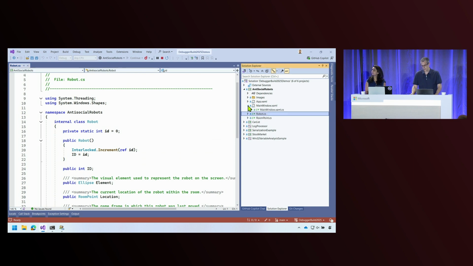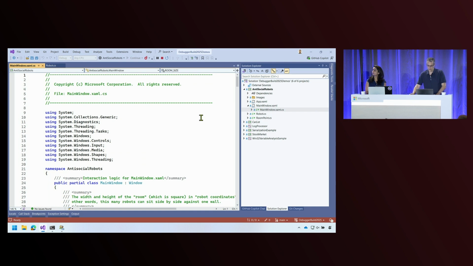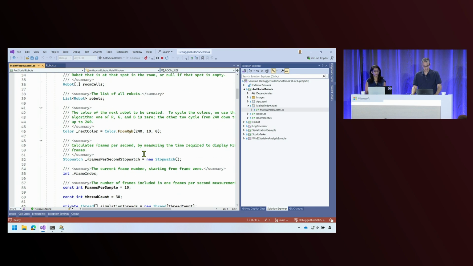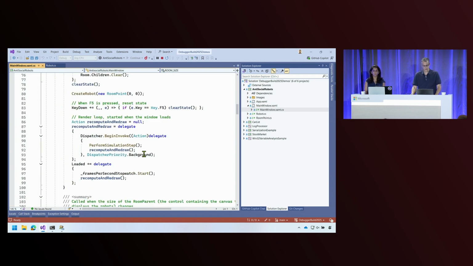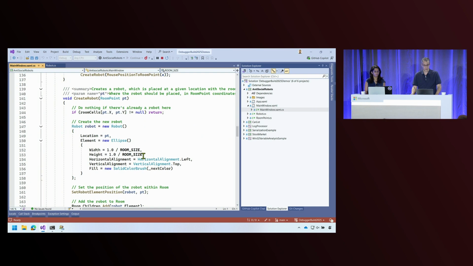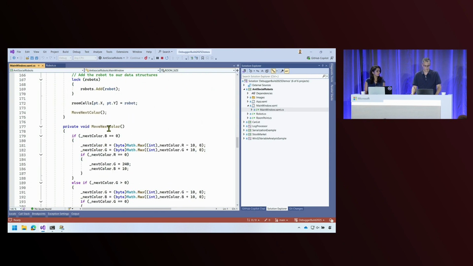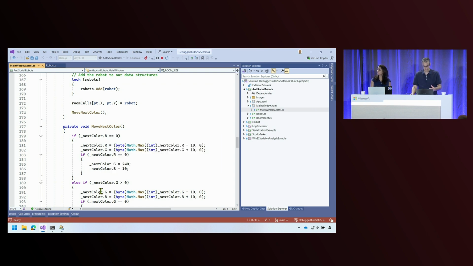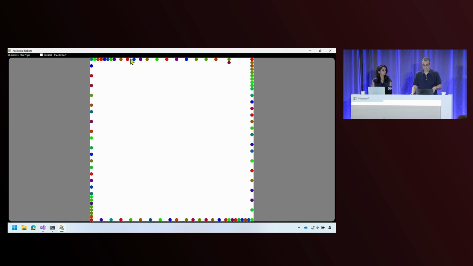For instance, let's open the main window class. This class contains the main UI functionality for this app. And I'm going to try scrolling down and find a method that doesn't have a comment. So we can see, OK, for instance, move next color. Similarly, easy gesture, we can get a quick summary of what this method is doing. And I can tell from this short description that's the method responsible for giving these objects different colors each time they're spawned.